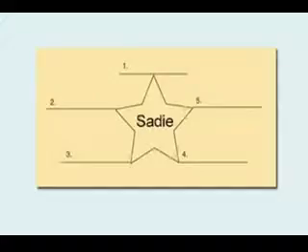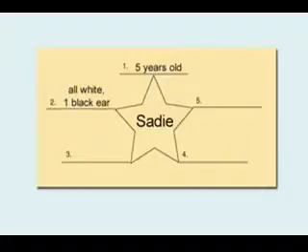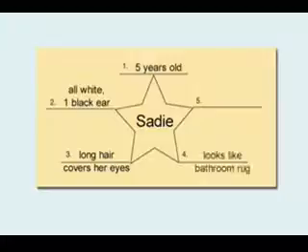I put the star organizer on an overhead or draw a star on the board. I then tell the students that I'm going to describe my dog, Sadie. I begin to describe my dog, and I write down a phrase on the line next to each point of the star. I write that Sadie is 5 years old, that she is all white with 1 black ear, she has long hair that covers her eyes, Sadie looks like a shaggy bathroom rug, and that Sadie loves to cuddle